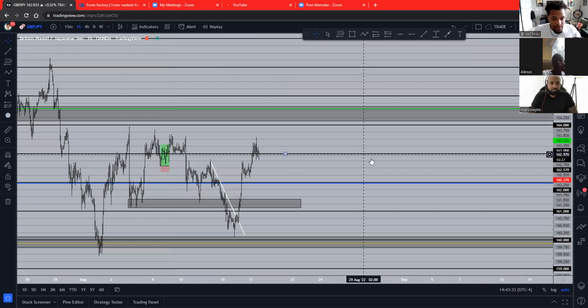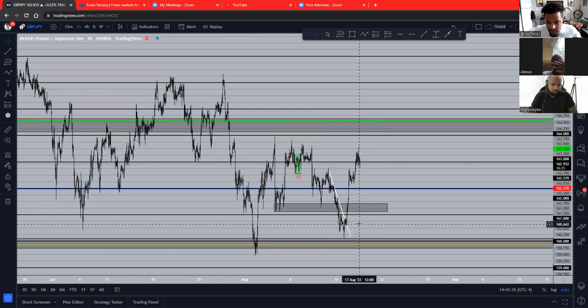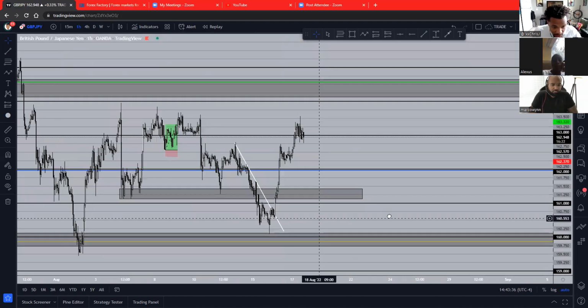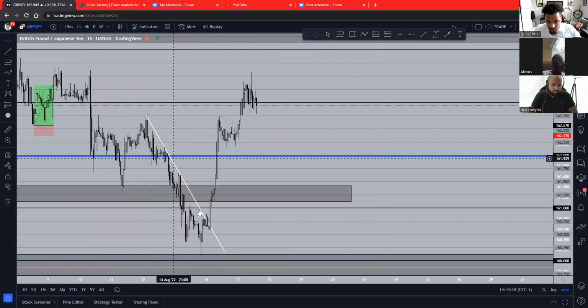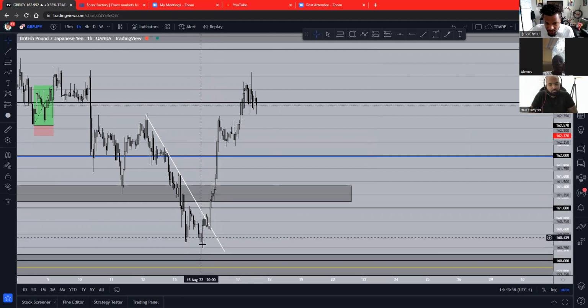So on the hour time frame, I was actually waiting to call this trade for you guys. I saw this downtrend happening on the hour time frame. And if you look right here, what do you see? That's the 0.5 area on the daily fib. But what happened is it just rejected at this little support right here. And we got this rejection here,